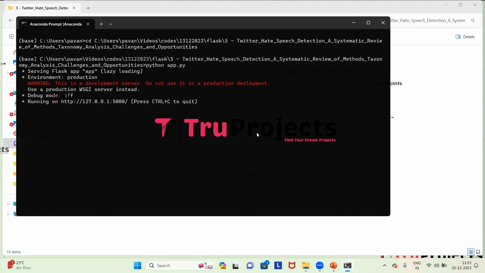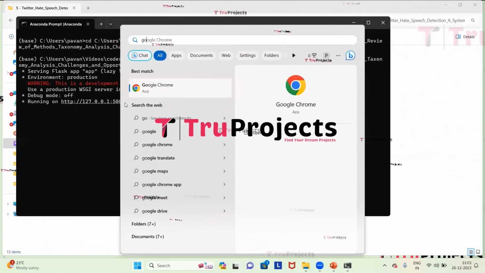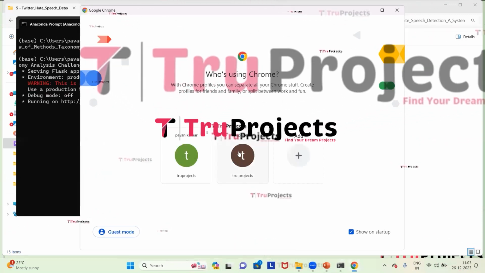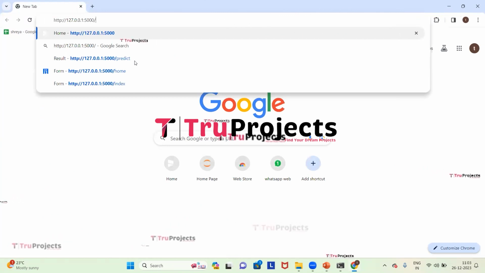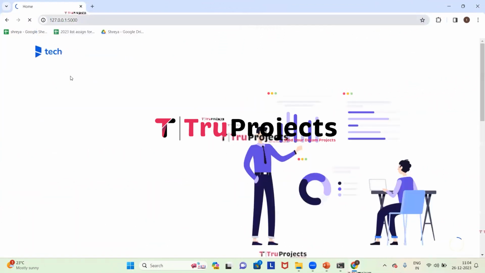After running the app.py file, the Flask framework will host the application locally at the default address, which is the localhost, and the port unless configured differently. This is the localhost and this 5000 is the port. Now we need to copy this local link provided by the framework and paste it in any web browser. I'm copying the link. I prefer Google Chrome, so I'll paste it in that. Here we need to paste the link and then click on enter.